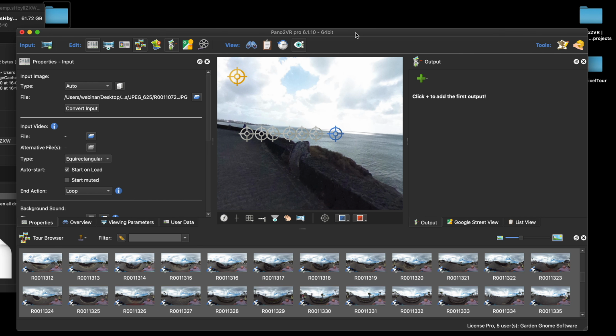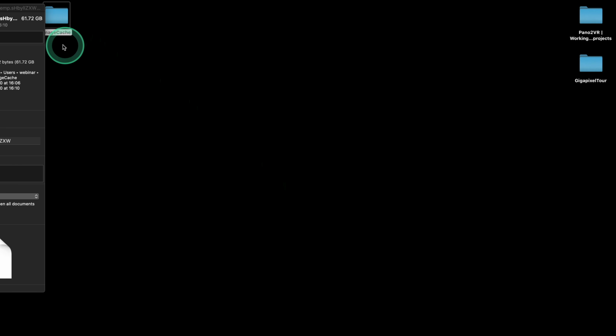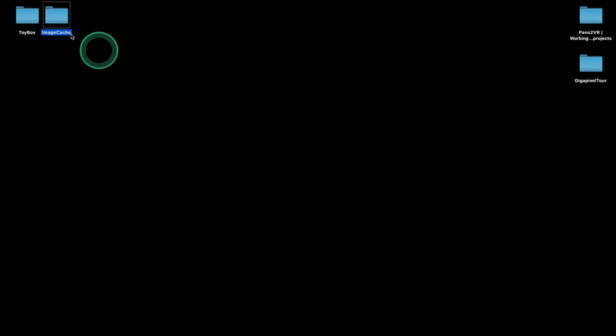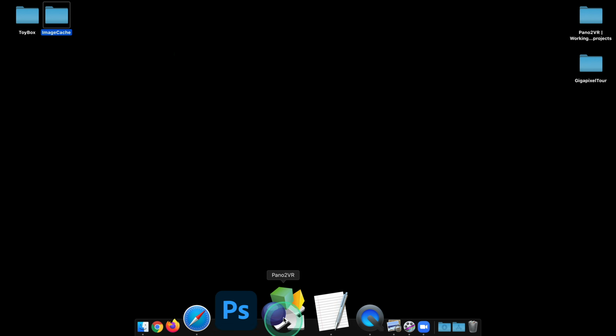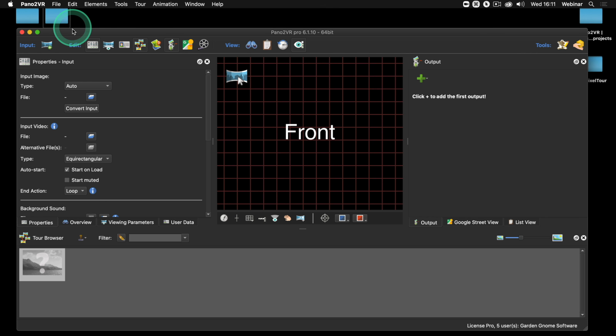But how can we deal with this? How can we sort of better work with this amount of images? Right, well, what I'm going to do is close Pano2VR. Here we go, I'm not going to save it. Once it closes, it obviously deletes the cache file behind it, so that's gone and that will disappear. What I'm going to do now is reopen Pano2VR and show you a couple of settings that are for such